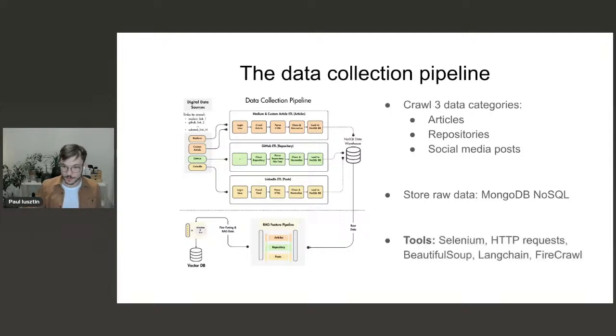Okay, some tools to do crawling are Selenium, if you want to go more low level and have a lot of control. Also HTTP requests: you can directly make GET requests on some pages and parse the HTML, and it's good enough. You can parse this structure with Beautiful Soup. Also LangChain or LlamaIndex or these kinds of tools offer some high-level methods to crawl and get data from the internet. And Firecrawl, I used it in the past weeks and really liked it to crawl all kinds of stuff. I think it's a really plug-and-play crawling tool that is really powerful.